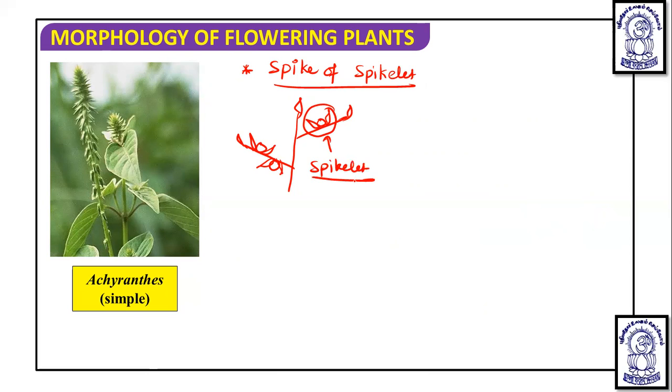So when a spikelet is present on the branch in a sessile way, then it is known as spike of spikelet. And this is seen in case of